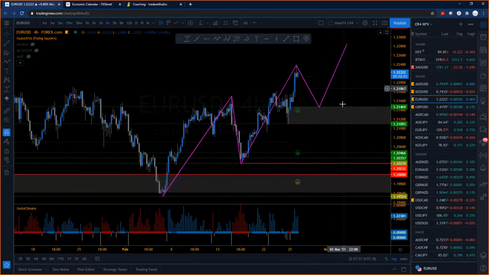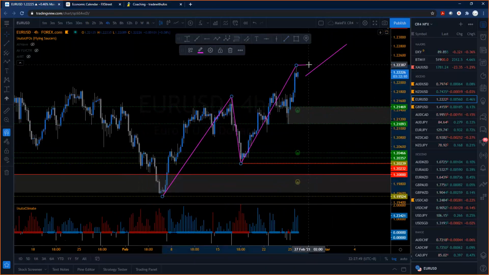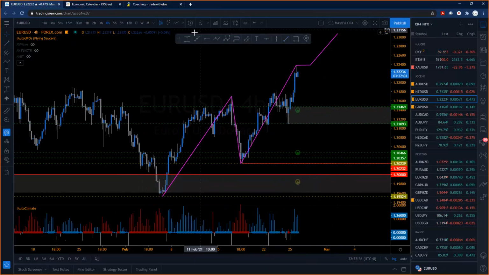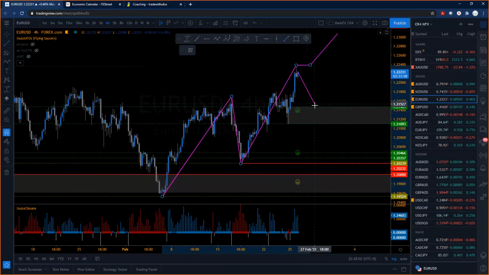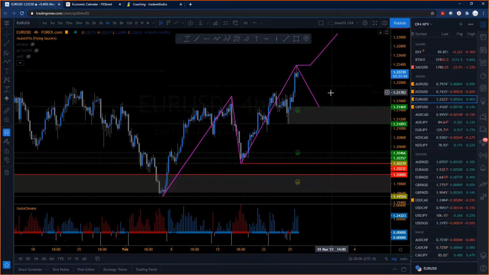Okay, so just stick with that trend, right? The other thing that could happen is that price just continues up too, which is also a possibility. And so we've got a couple of different scenarios that could play out. And that's kind of the cool thing about having a couple of different methods for making your trading decision,